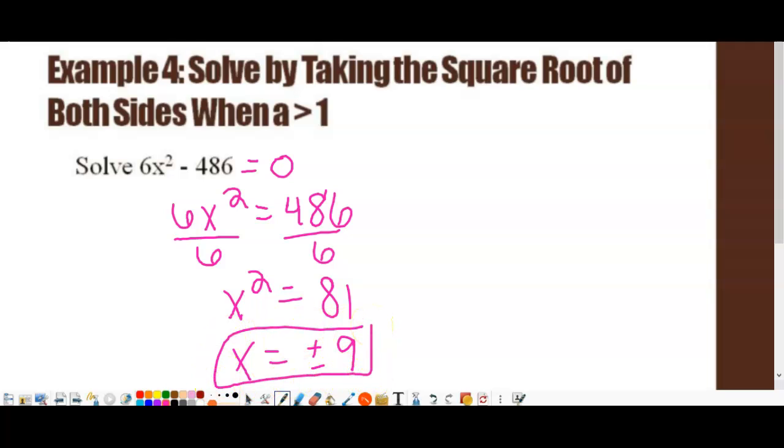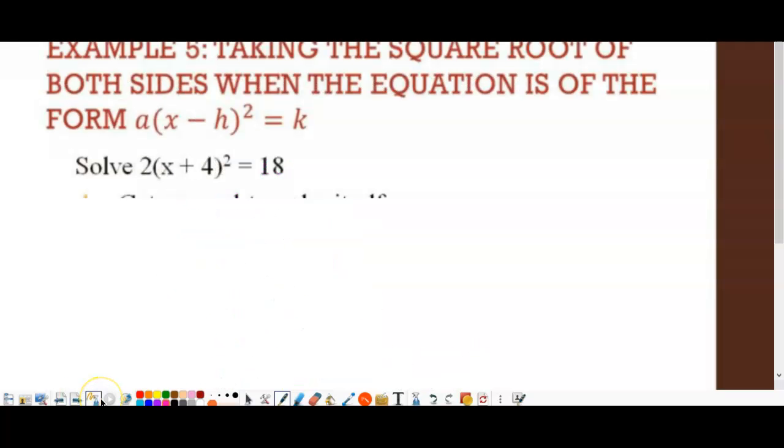do not lose both answers. You must have plus or minus. If you take a square root, you get a plus or minus. So the goal is to isolate the squared stuff. So in this one, the squared stuff is in parentheses. So we're still isolating the squared stuff. So we're going to divide by